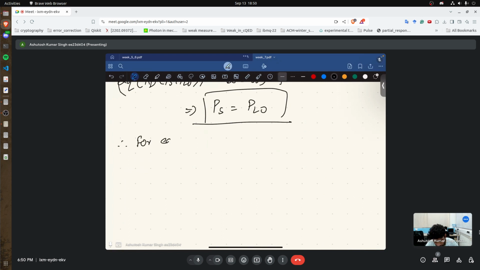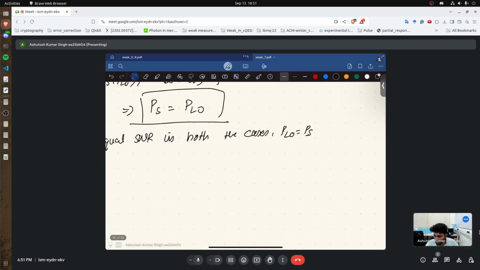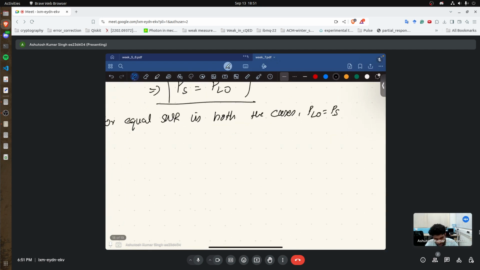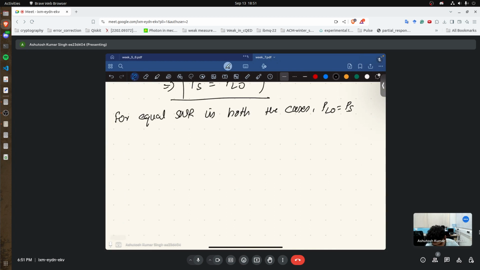That means for equal PS and PLO, we have a similar SNR, and therefore for equal SNR in both cases, PLO is equal to P signal. That means if my local oscillator has the same power as my signal, there is no improvement in the homodyne detection scheme. It provides a benefit whenever my signal is lower than this, or my signal is lower than 13 dBm. So this would mean the benefit is